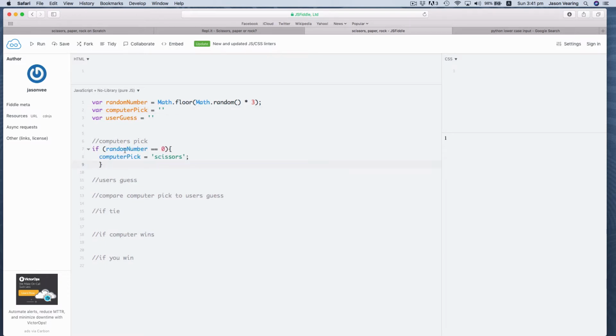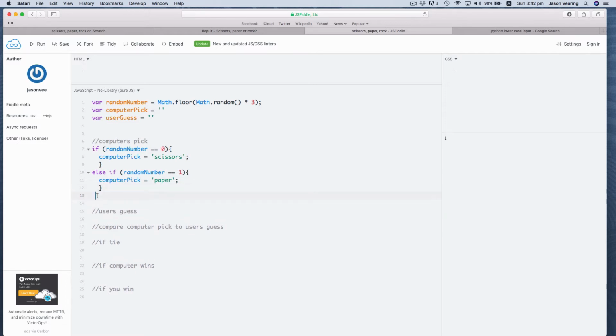So now in JavaScript, this condition that's inside the parentheses must be true to run this block of code. So if random number equaled 0, well then computer pick would have the value of scissors. Else, if random number equals 1, computer pick is populated with the word paper. Else, if random number equals 2, computer pick populates with the word rock,